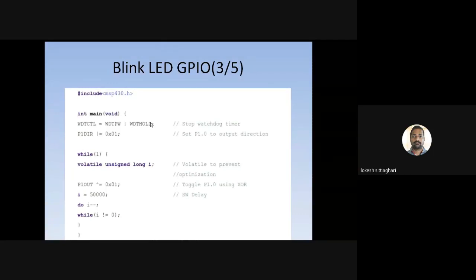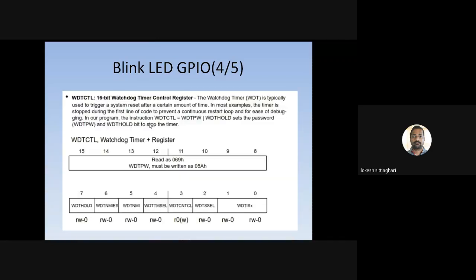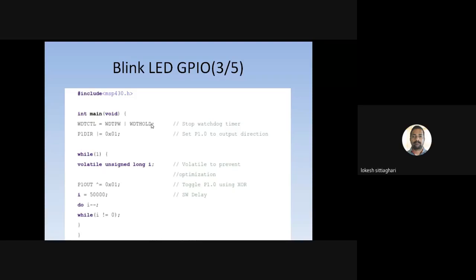The watchdog timer hold is a bit. You can see I can program the total word, or I can program with some particular bit. That's why a particular bit is given here. If you combine these two, then the whole bit becomes 1. The meaning of that is the watchdog timer hold is 1. I'm writing 1 there, so then the watchdog timer will stop.